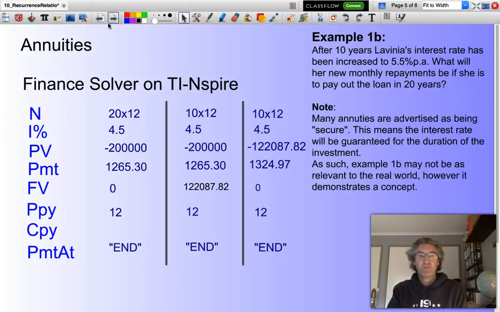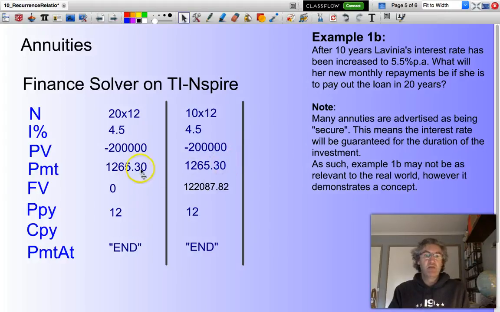Now, likewise, the interest rate may change on the annuity. Very unlikely though, if you read the note. Most annuities, they guarantee their particular interest rate. What's happened after the 10 years? The interest rate has been bumped up to 5.5%. So what we need to do is effectively